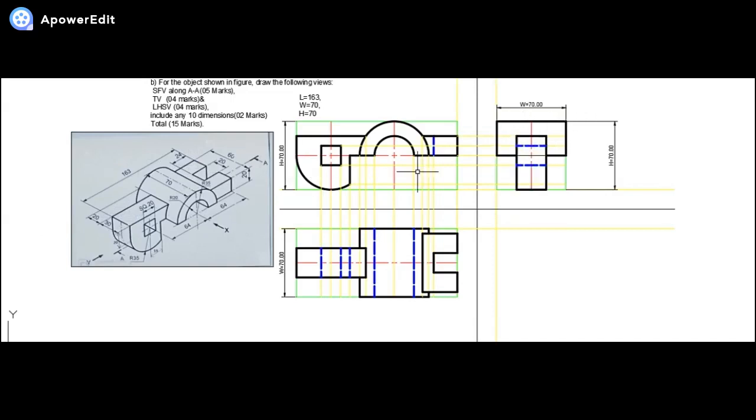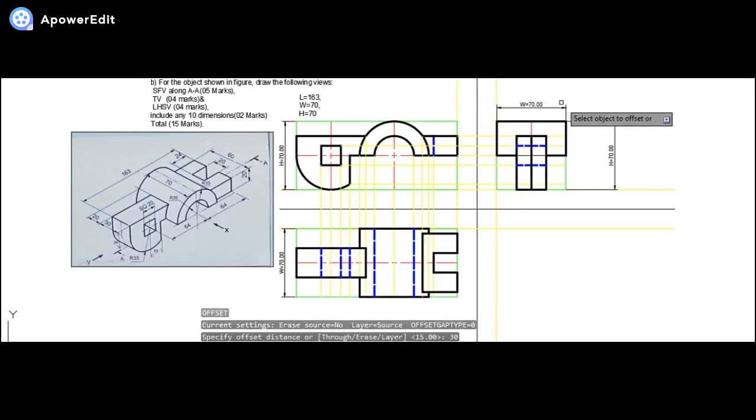So let's see now. Over here, what I do, just for construction's sake, I will be drawing this at a distance of 30 mm from the center.